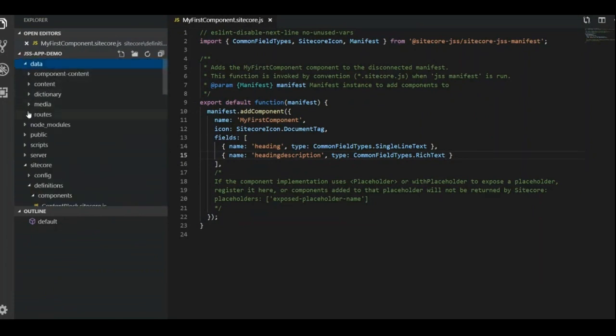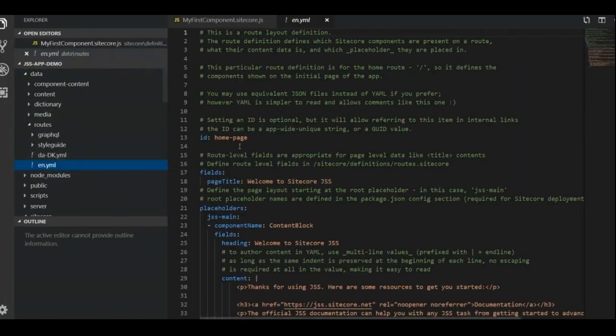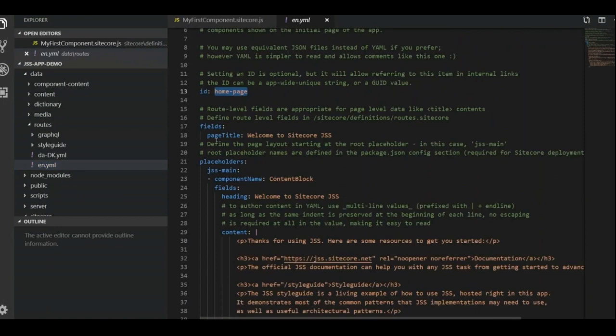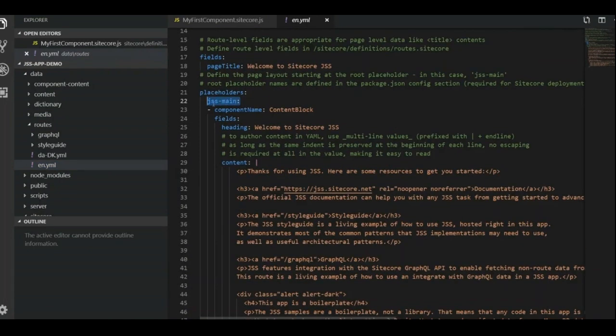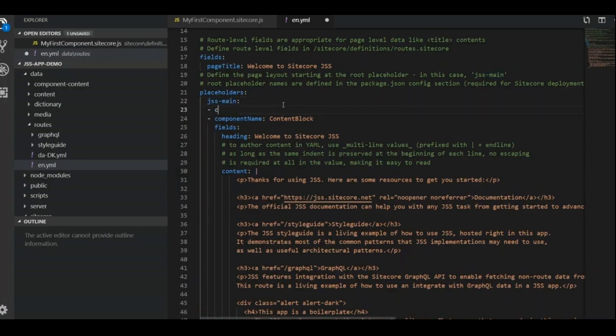I'm going to data and routes, where the YAML file is, where I can associate the placeholder. I'm calling my component name, my first component, here.